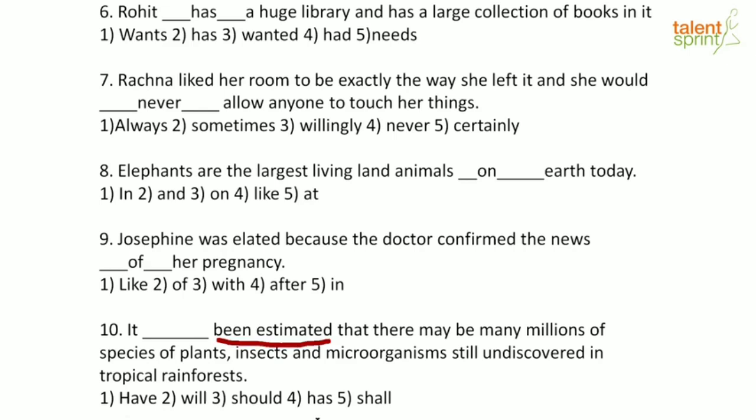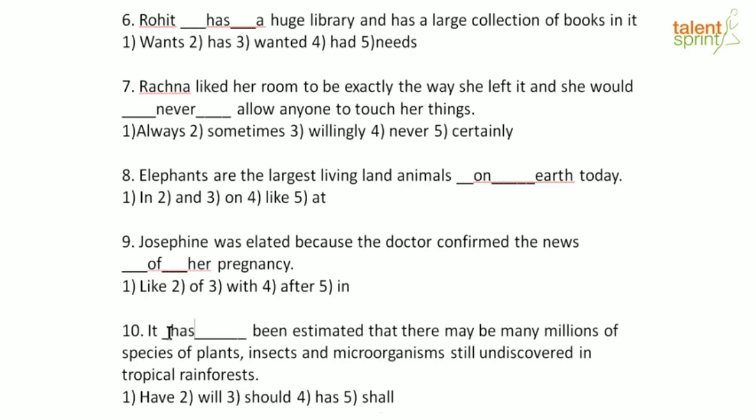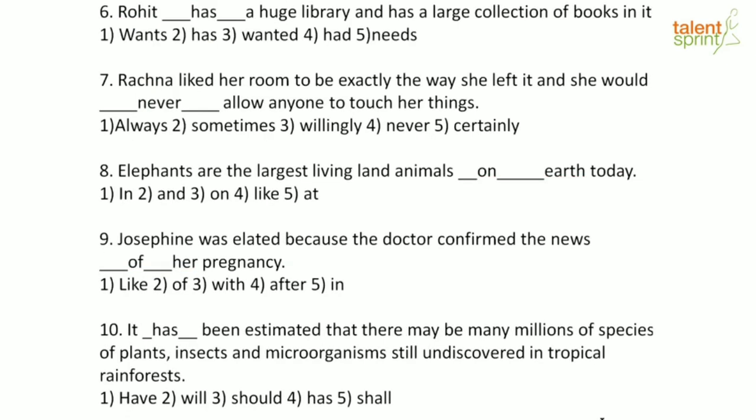Because we know will, should and shall are modals, and modals are usually followed by the base form, which is nothing but the first verb, right? Remember, for verbs we have the present tense, the past tense, and then the past participle. So modals are followed by the base verb. Here, because we're talking about a singular subject, "it", the option has to be option 4, has, and not have. So let's fill that blank. It has been estimated that there may be many millions of species of plants, insects and microorganisms still undiscovered